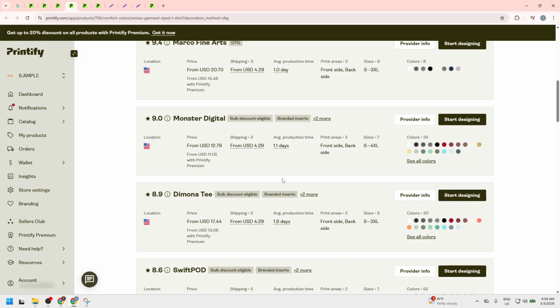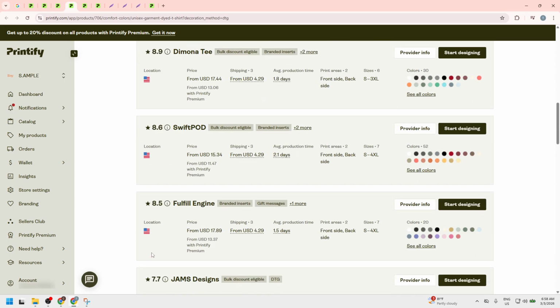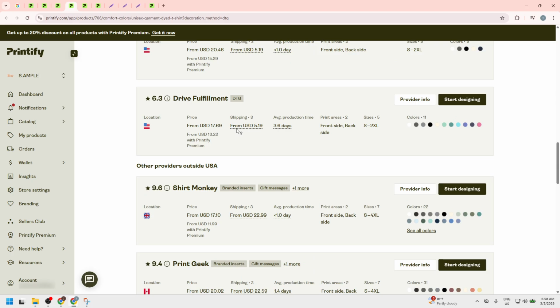Next, consider location. Choose a provider close to your customers. For example, if most of your audience is in the UK, a UK-based printer can reduce shipping times and costs. Then compare price and shipping together. A low base price can be offset by higher shipping, so look at the total delivered cost to protect your